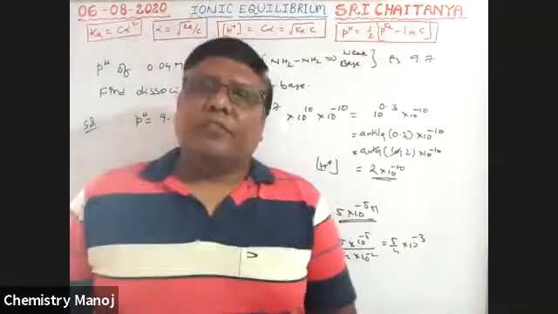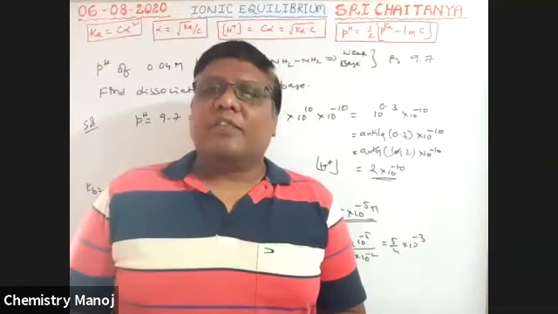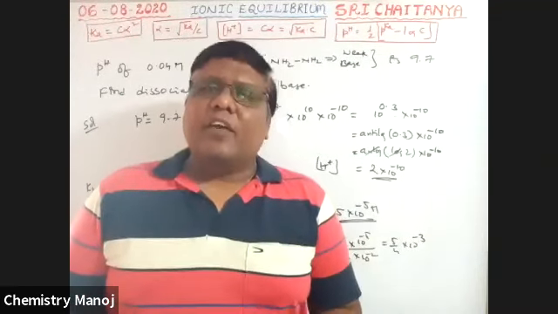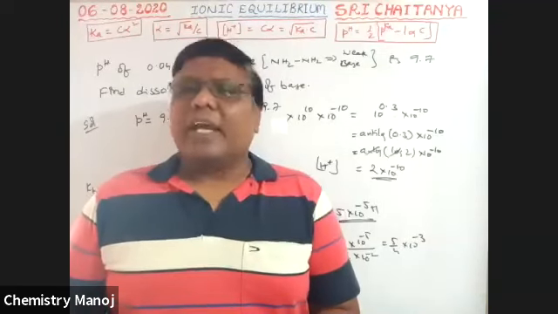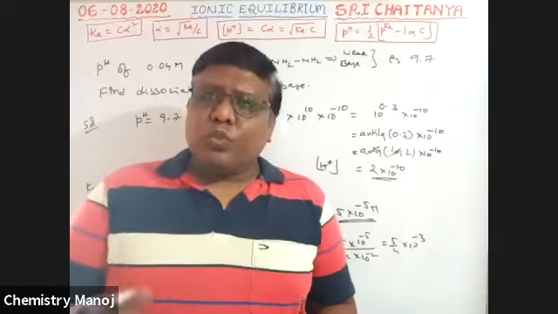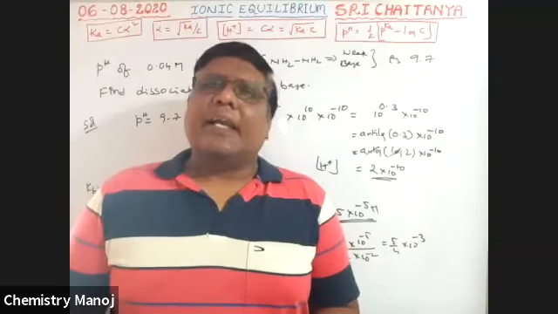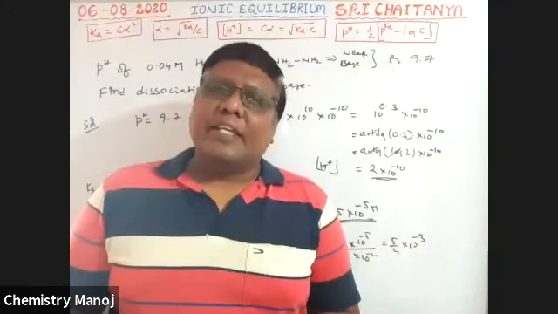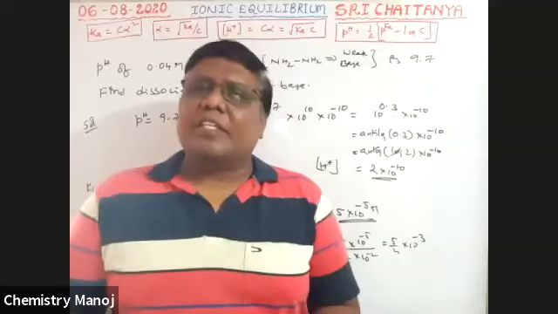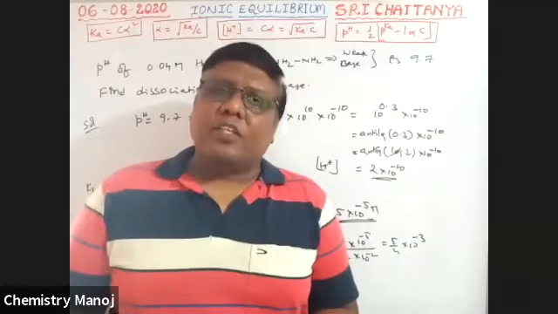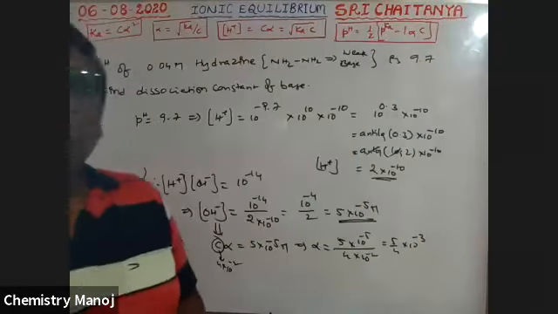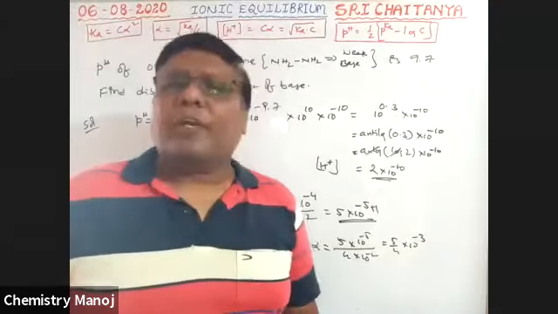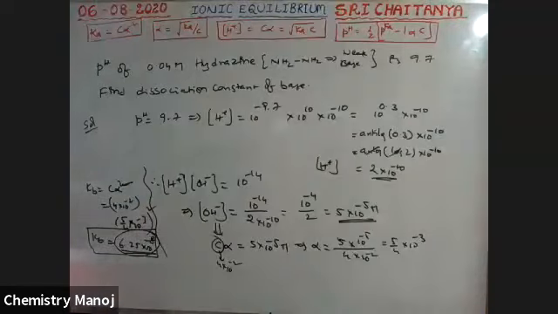This is the way for pH calculations for weak acids and weak bases, weak monobasic acids and weak monobasic bases. For example, the next concept is if two or more weak acids are added, a mixture of weak acids or a mixture of weak bases, how to calculate this H plus concentration or OH minus concentration? So, no doubt it is that formula. Apply it.